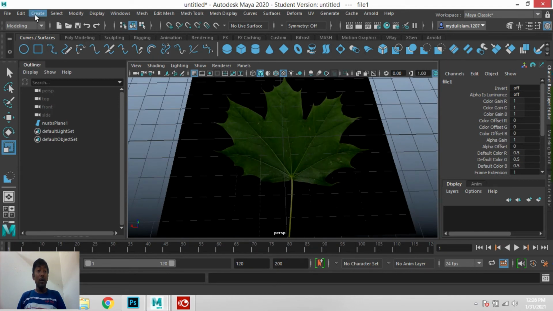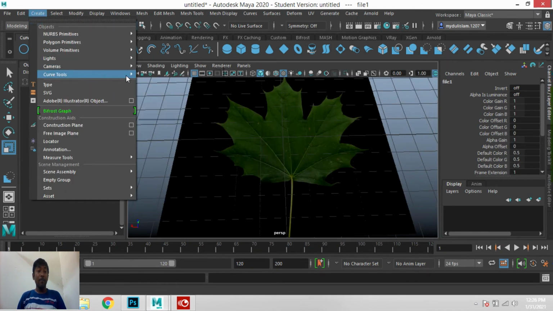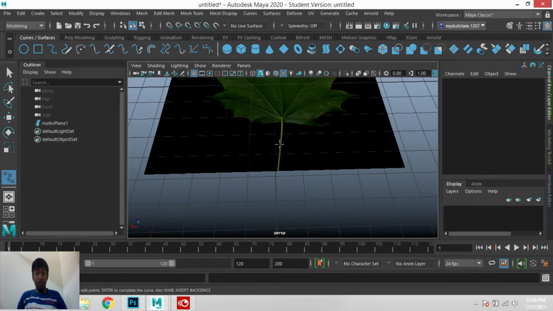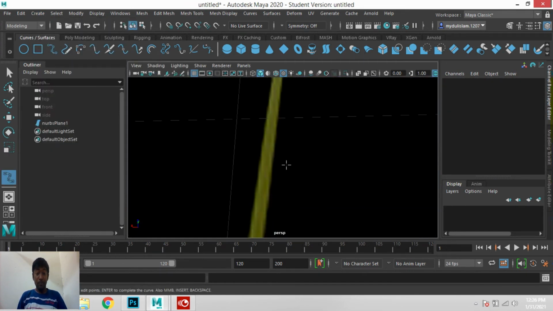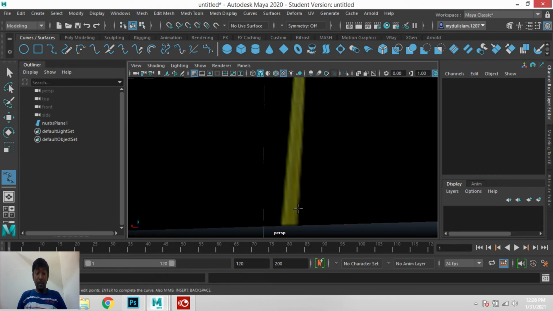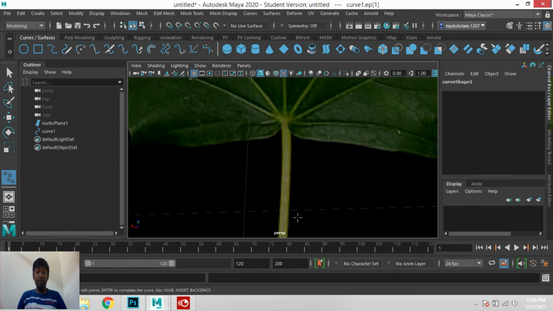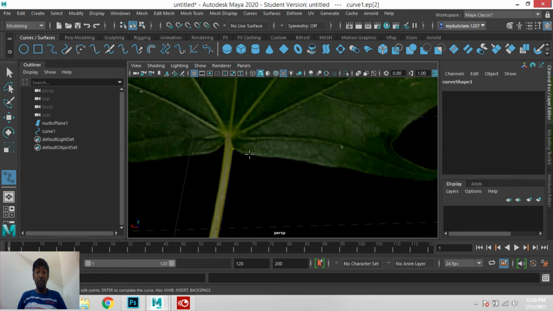Now go to Create Curve, select EP curve tool. And click one point here, another here. Ctrl Z to undo.